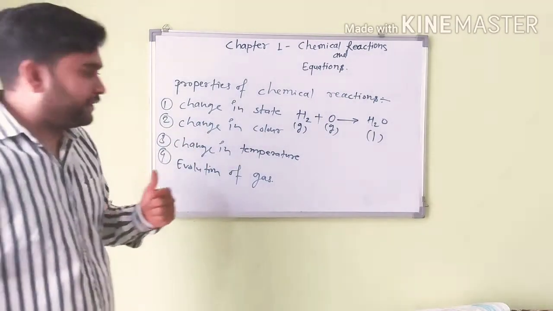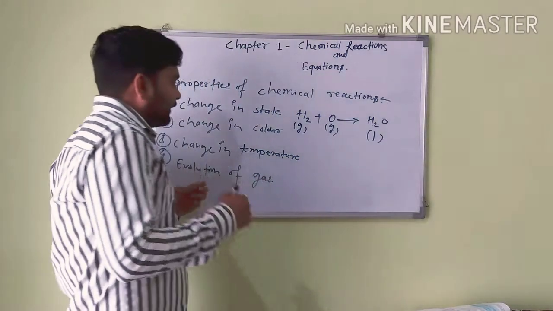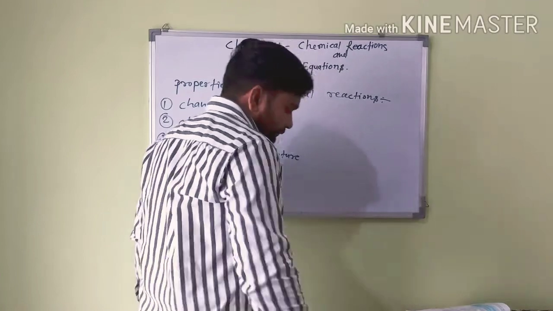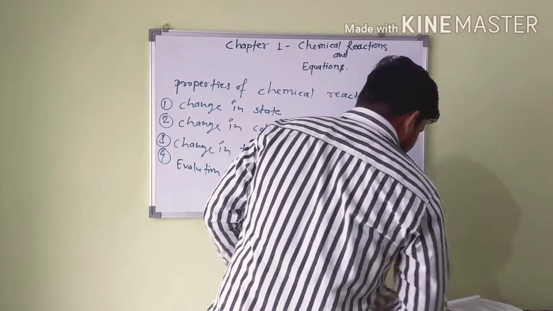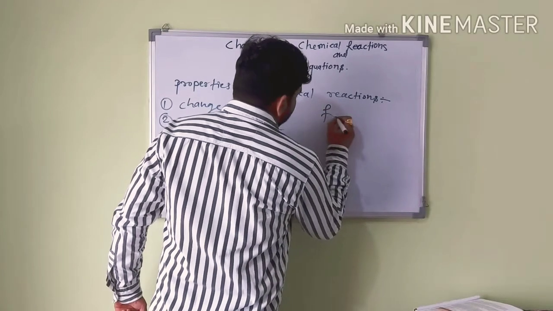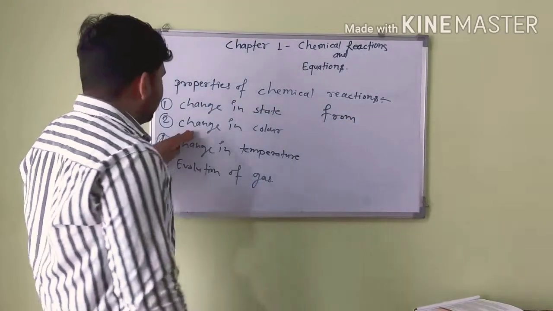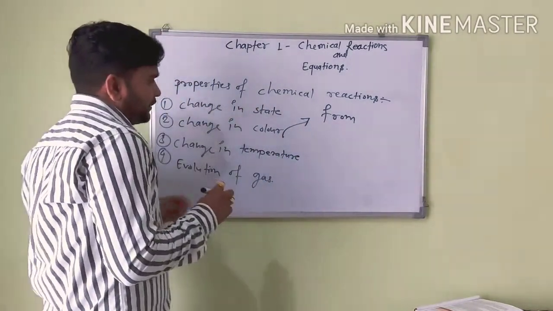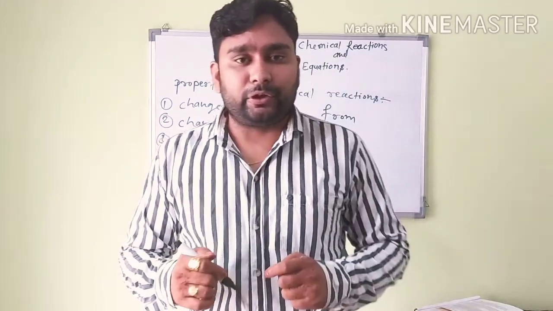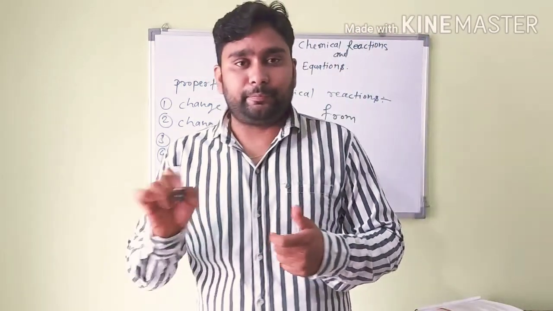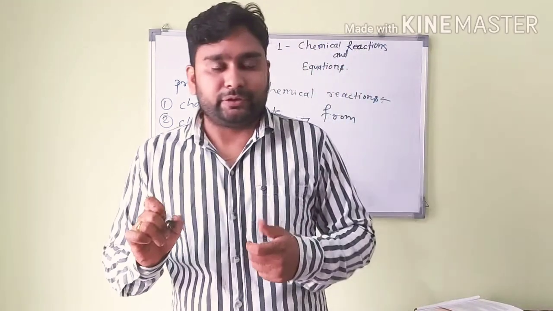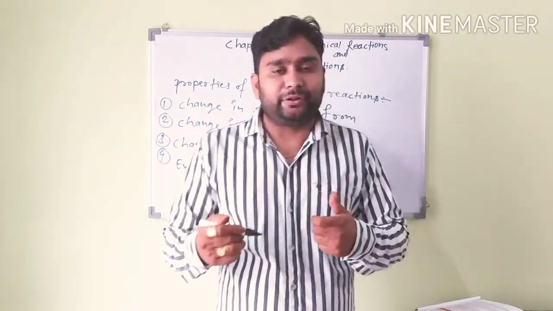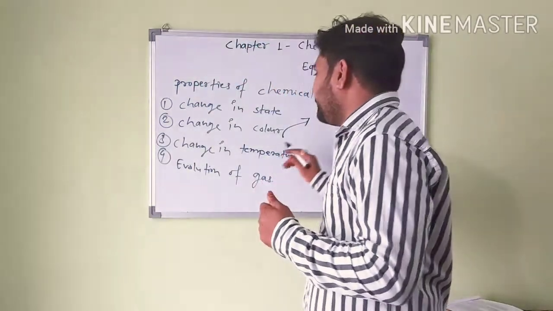Okay, so change in color. At that time we can take an example from our book, in which there is a magnesium ribbon from the activity. I will discuss changing color. Take the burning of a stick when we rub it on a matchbox. There is a different color of things and after that it will change in color. At that time there is also a chemical reaction.